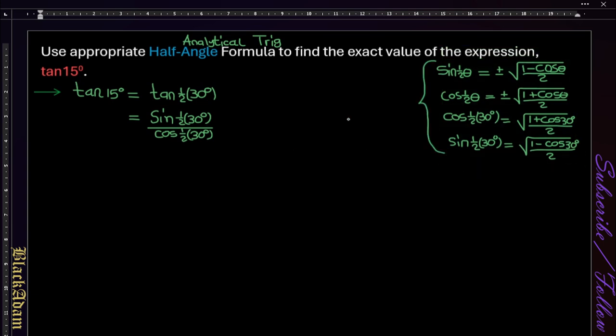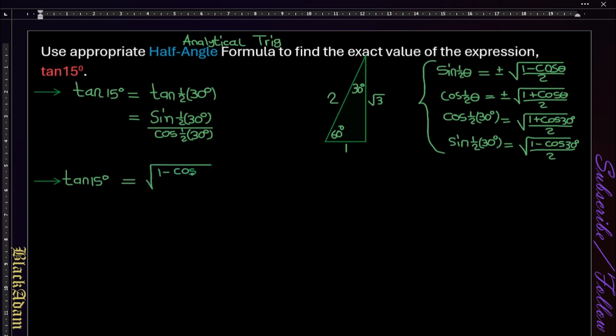Okay, so what we do now, we have the special angle there. We have 60 degrees, we have 30 degrees, and let's say the hypotenuse is 2, the adjacent to 30 degrees is root 3, and the opposite is 1. So 15 degrees will be